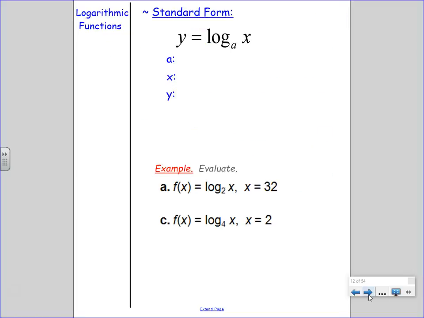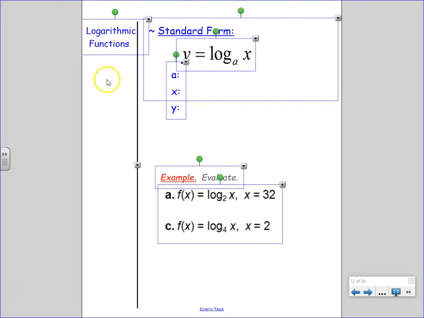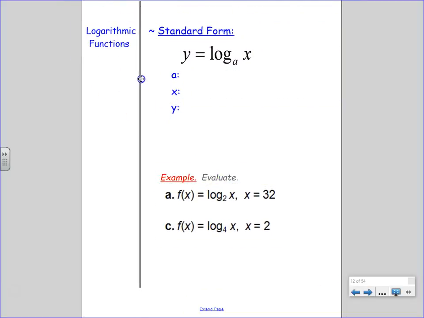Okay. Let's talk about the parent. Well, no. Parent function is graphing. Let's not do that first. Let's just talk about a general, not a common. That wouldn't work in this case. Too many English words have mathematical meanings. You have to be careful. But the standard form. The standard form of just a general basic log.